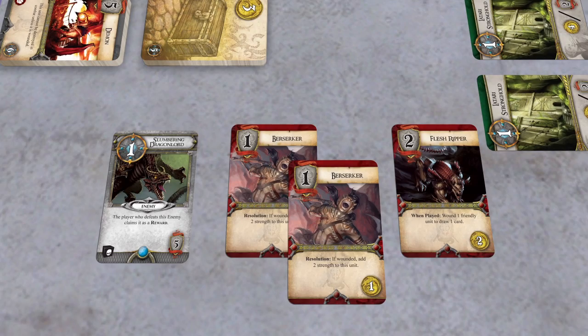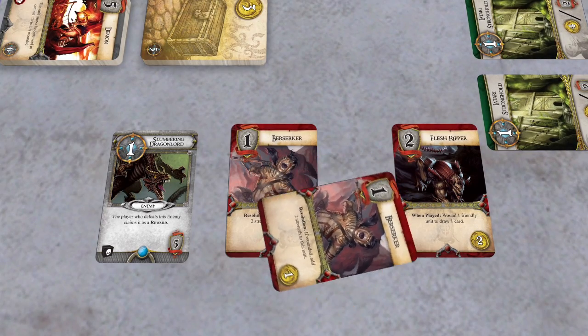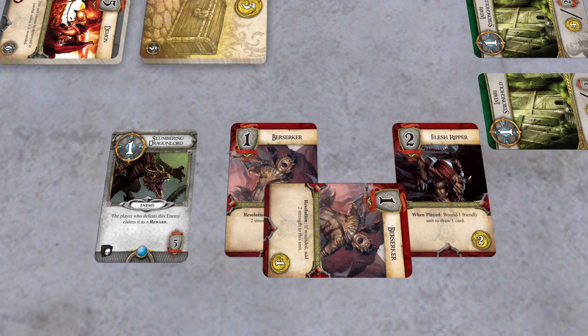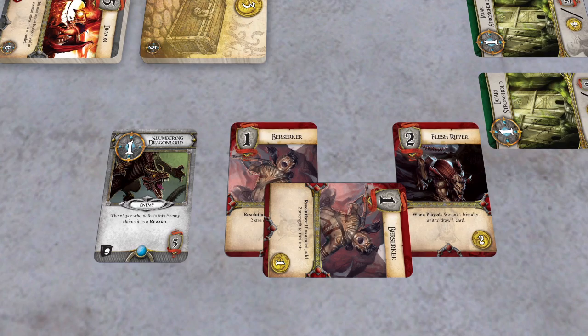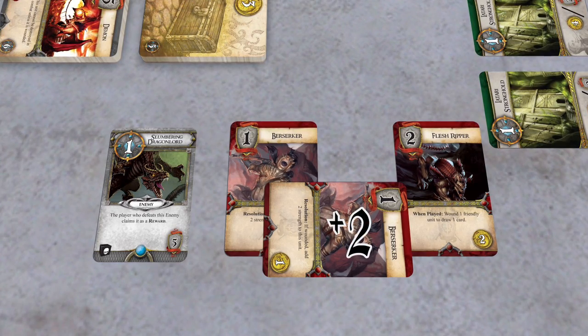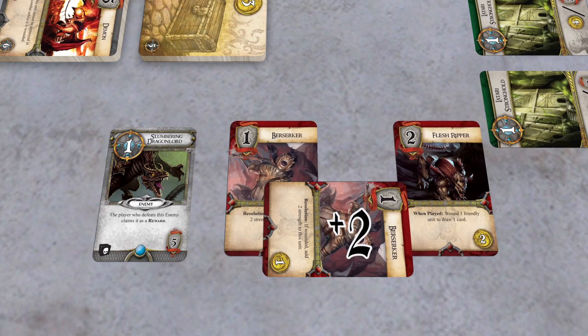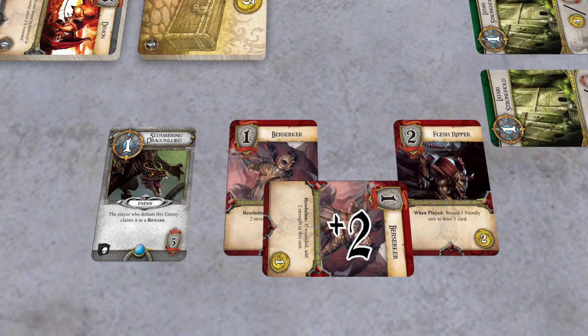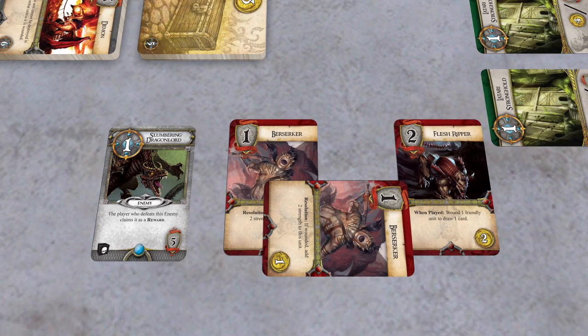He rotates 1 of his 2 Berserkers sideways to indicate that the unit is wounded. Wounded units are destroyed at the end of combat. This gives the Berserker +2 strength, bringing Player 4's total attack strength up to 6. This is enough strength to defeat the Slumbering Dragon Lord's strength of 5, but first, Player 4 must roll the